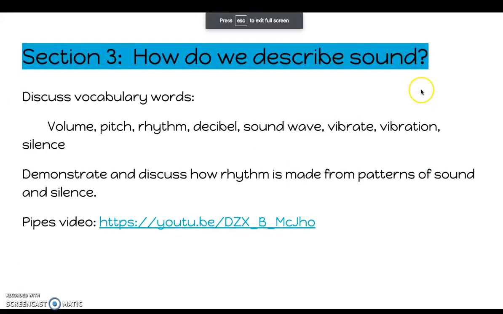Then we move on to the next section on how we describe sounds, and you're going to reinforce some of the vocabulary for this unit. And then you're going to discuss how rhythm is made from patterns of sounds and silence. And our video at the very beginning, the hook, you can reference that again and talk about how different people in that orchestra had different jobs to do to create the sounds, to create the steady rain, to create the little raindrops, how they had to work together on the risers that they were on, that each time they